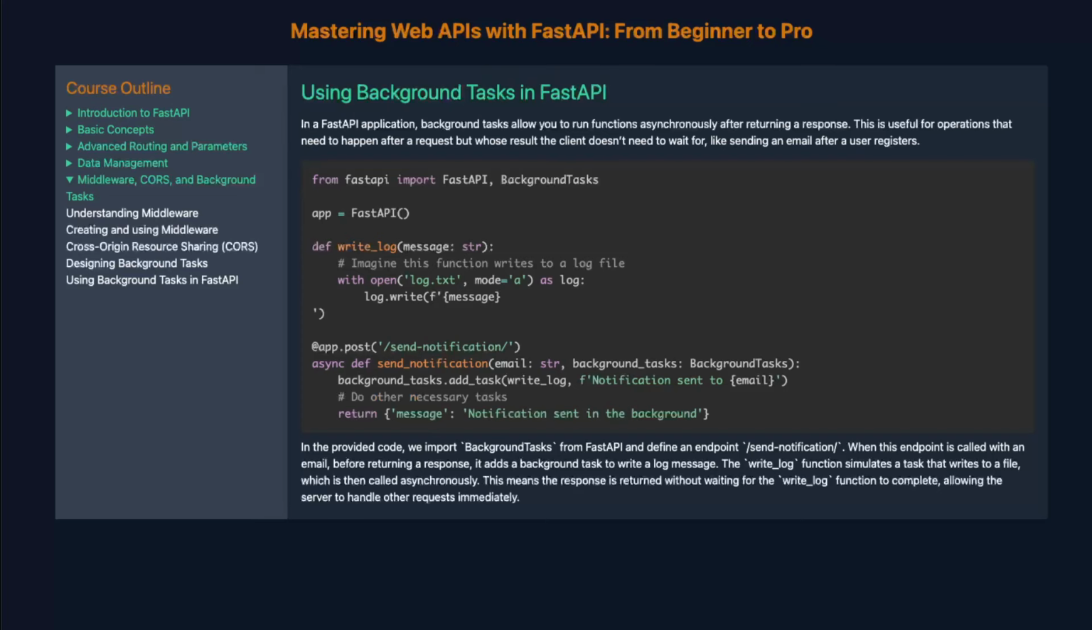In the provided code, we import BackgroundTasks from FastAPI and define an endpoint /send_notification/. When this endpoint is called with an email, before returning a response, it adds a background task to write a log message. The write_log function simulates a task that writes to a file, which is then called asynchronously. This means the response is returned without waiting for the write_log function to complete, allowing the server to handle other